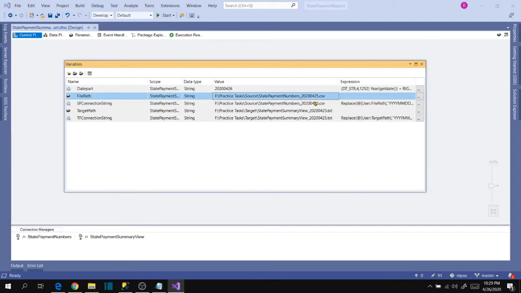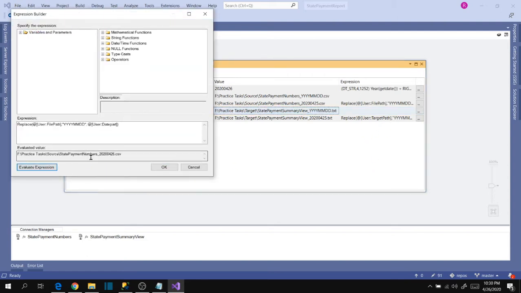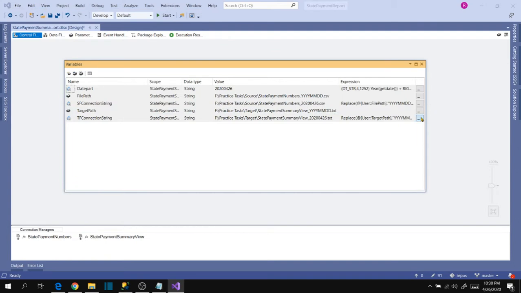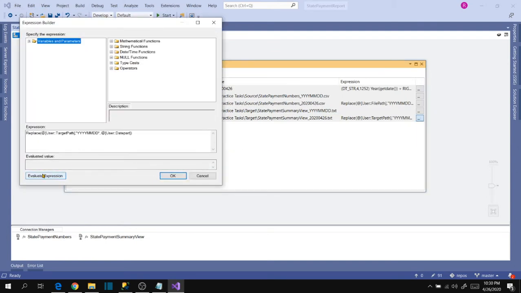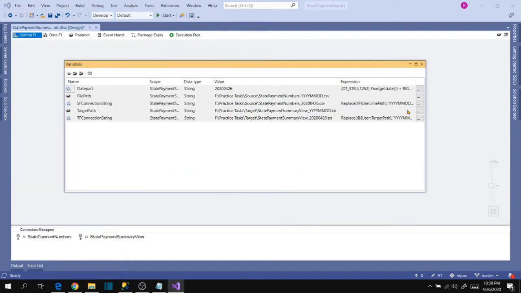In order to handle that, let's change it back to YYYYMMDD again. Now just evaluate, and it updates to the current date. Evaluate, updates to the current date. Okay, now